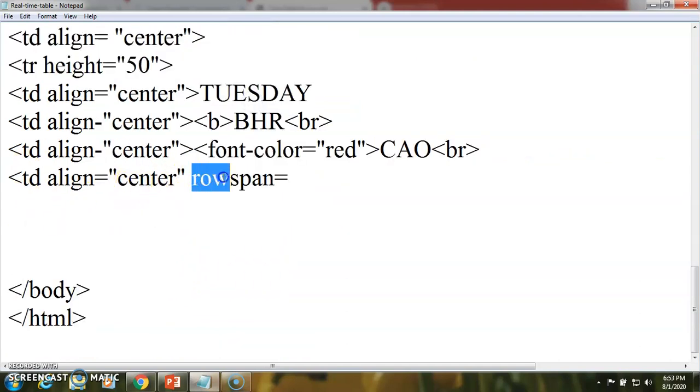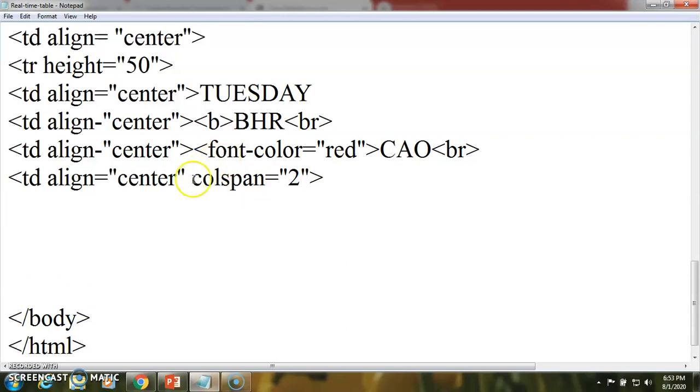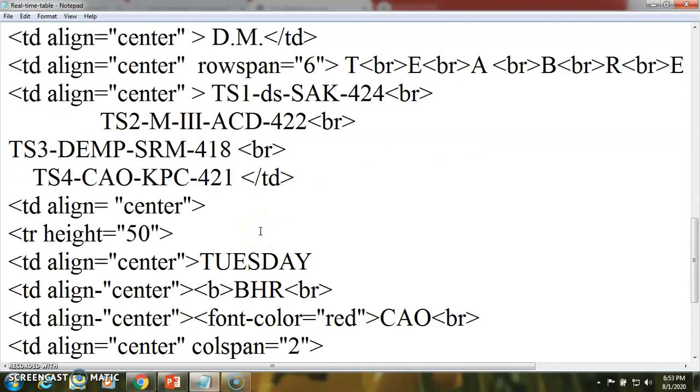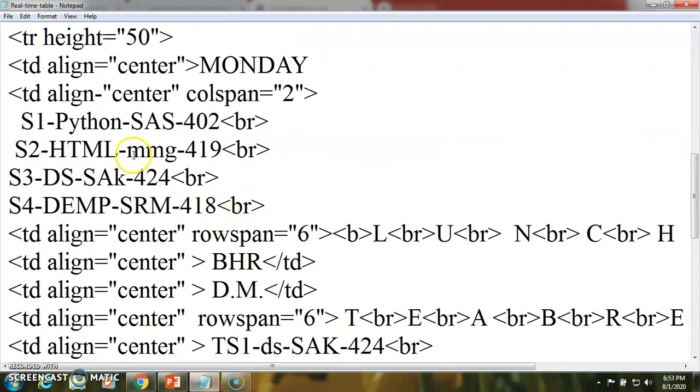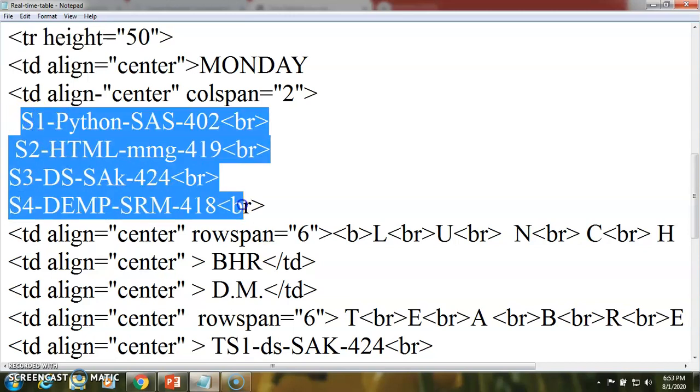Here I will just make a column span equal to two, as we require two cells to be combined, one by one, again adding the subject to that slot here. The same slot is going to be added as a practical slot. We just have to make a modification.